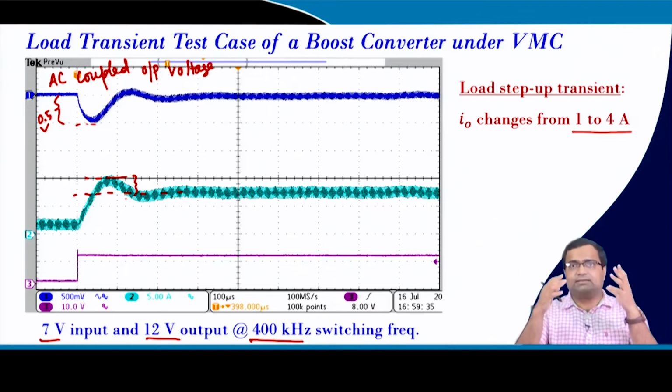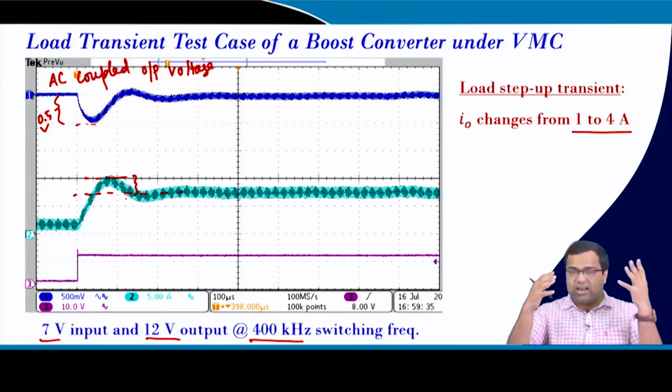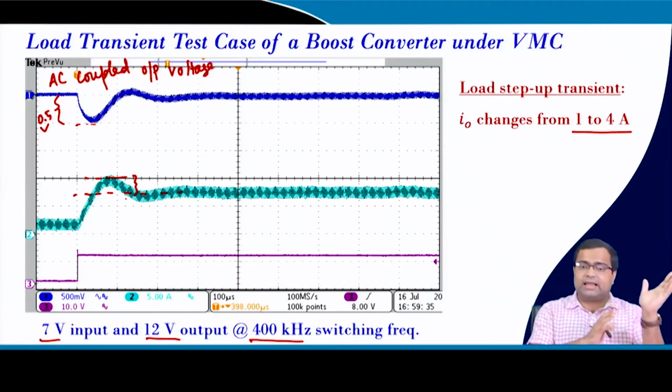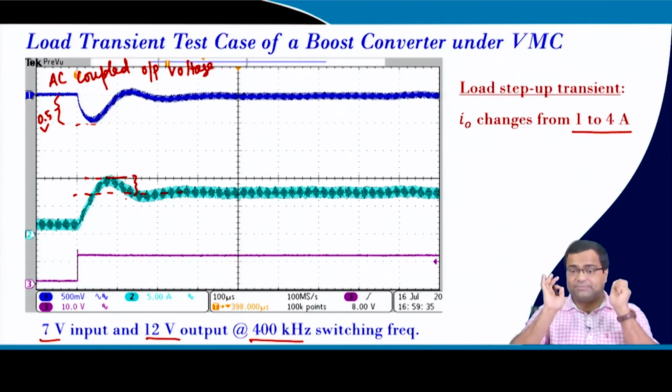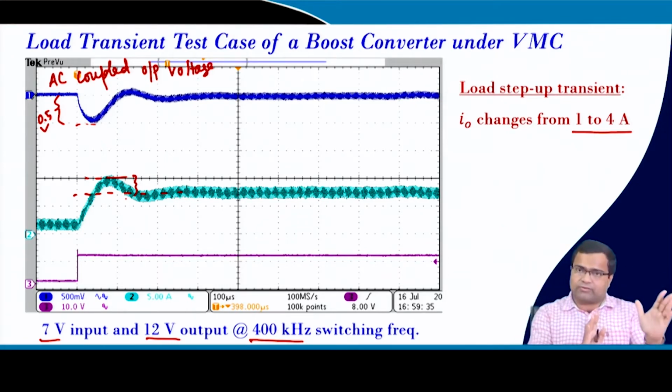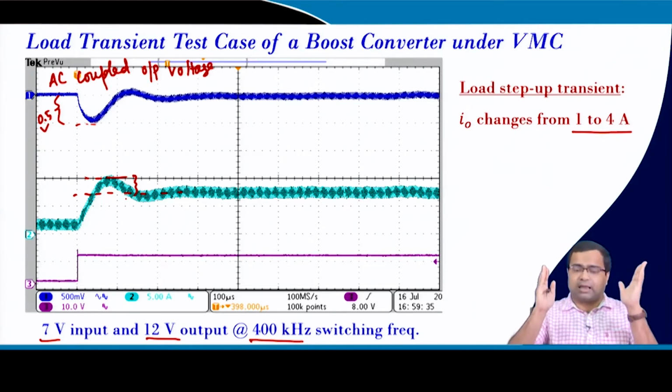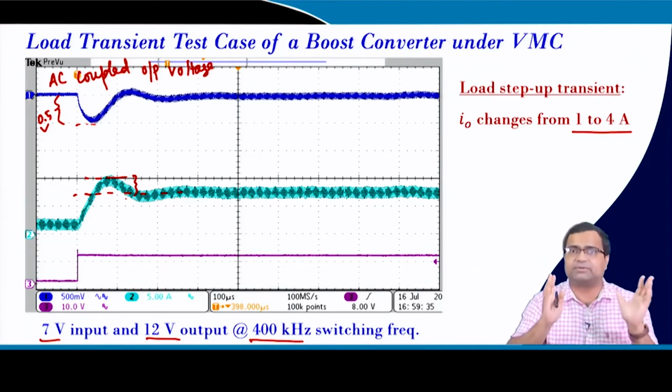But when you are testing, we need to check and correlate whether whatever we have designed is going to meet the requirement or not. So, this is testing and validation. In this case, we know the converter, we know the procedure of design, and we have followed that procedure and obtained the controller gain as well as the control logic, voltage mode control. We have made a closed loop control system